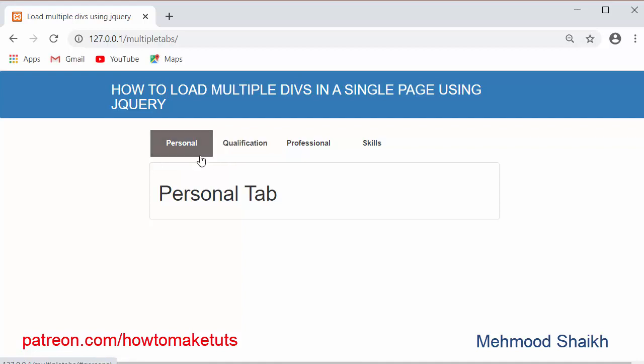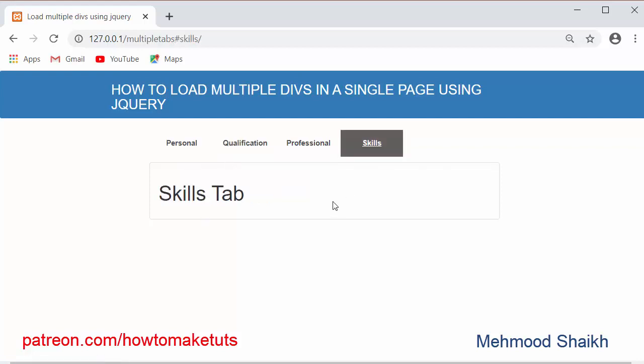If I want to move to personal, then I just have to click on personal and then immediately the content of that personal tab will display. If I want to go to skills, then I will see the details of the skills tab. And even if you refresh it after clicking on the skills tab, the content will be as it is, and the selected skills tab will be highlighted.